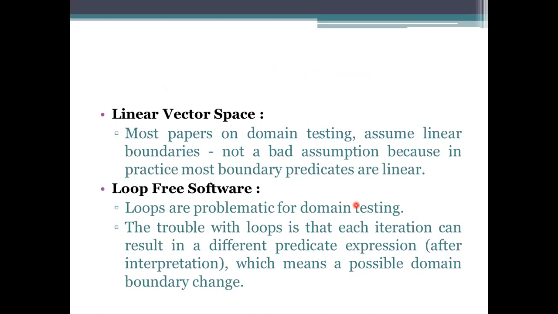And coming to the next one, loop free software. What it specifies is that we are using not only predicates, we are also specifying loops for accessing. So here we need to execute the loop at least one time. That's all. If you consider that execution for one time, each iteration we represent will have the predicate expression there. So we need to interpret the predicate expression here. Whenever you interpret the predicate expression, it updates the values. Why so? Here we take the conditional statement, and then the next incrementation, and we initialize that one at the first only. First initialization, after that we need to increment that one.